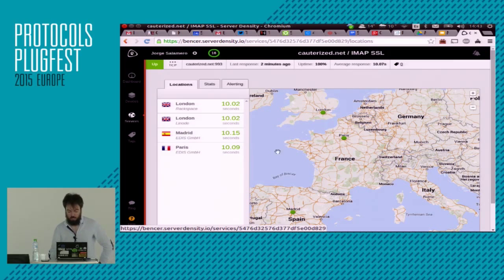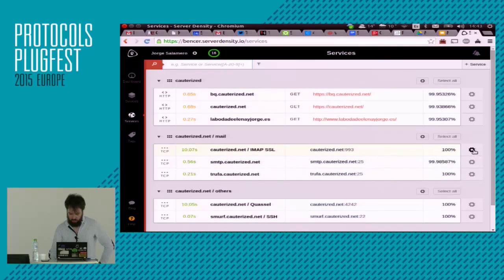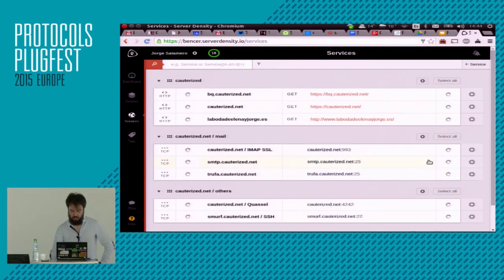It's not exposed to the internet, but just adding here the host and the port and saying that it's a TCP service and the different locations from where I want to monitor the service,